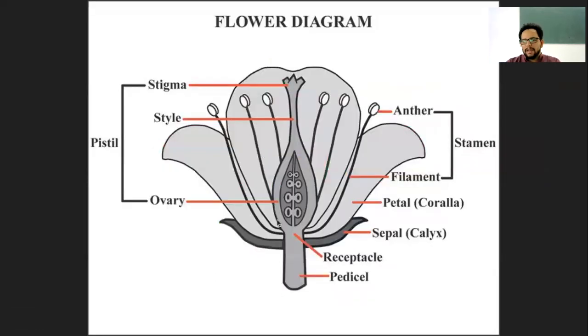Again, here also you can see it's the same arrangement, just the style or the presentation of the stigma is a little different, and the style is a little short. So that is just the way a flower would be. It consists of the pistil, which is style, stigma, and ovary.